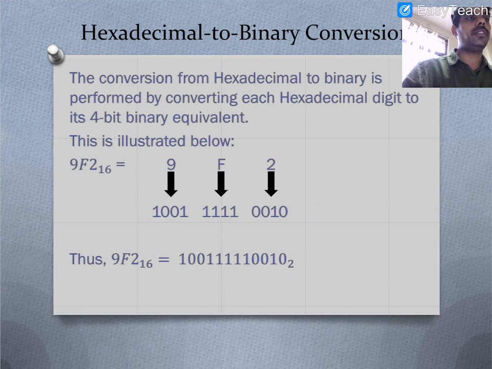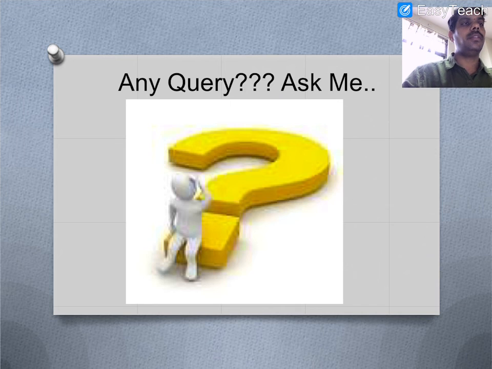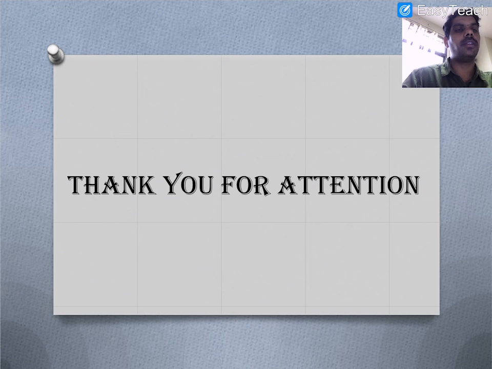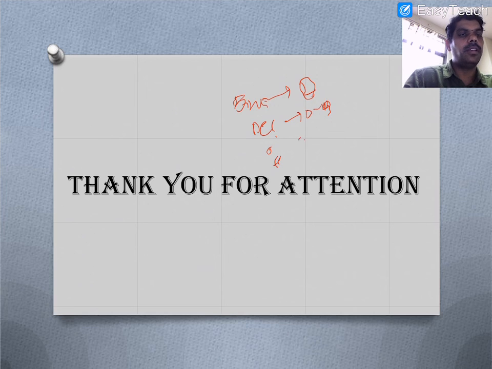So here what we have discussed is what a numbering system is, and the important points are: numbering systems are classified into binary, decimal, octal, hexadecimal. Binary means only 2 digits, 0 and 1. Decimal means 0 to 9, 10 digits. Octal means 0 to 7, that means 8 digits. And hexadecimal 0 to 15, total 16 digits. And 10 is represented by A, and 15 is represented with F.